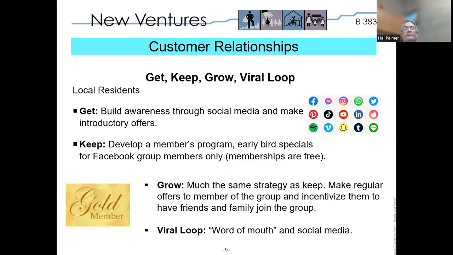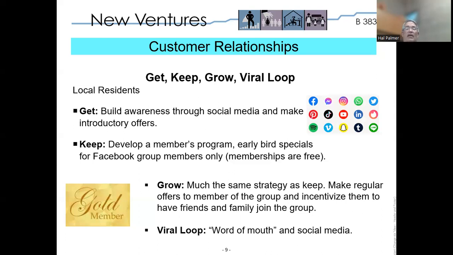So a good product should keep customers, but a little incentive may be needed as well. Like you can get them to be a member of a member group. And members of this group may receive notices of specials, or get a certain advantage by being a member. So grow uses much the same strategy